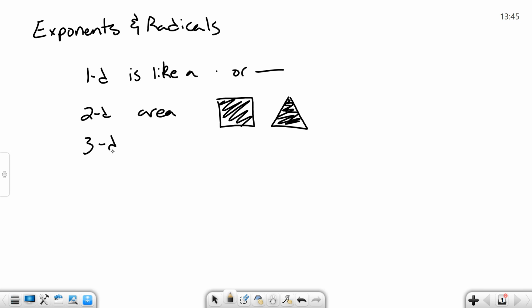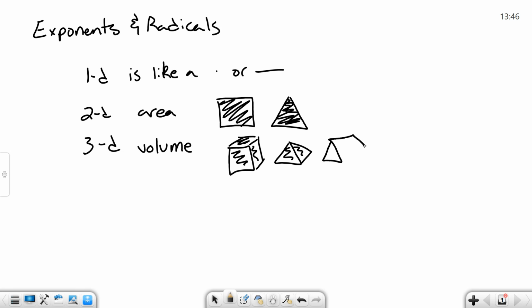And then we have 3D, which is what gives us volume. We add another dimension, and it's the space inside of this cube. We can turn this into a pyramid. We can turn it into a prism. But in order to go from one dimension to the next,